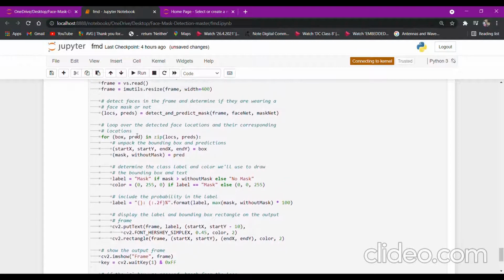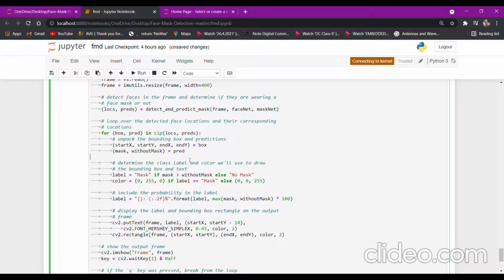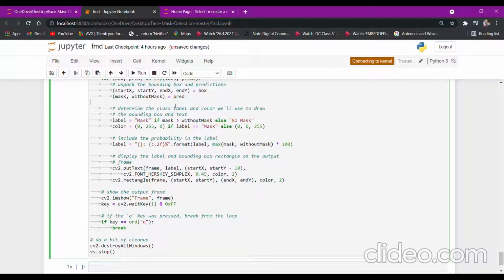Once we get those two values, we make use of them as a single zip tuple, so that we can detect the face and label it. Here you can see that we have given a label as mask and no mask.